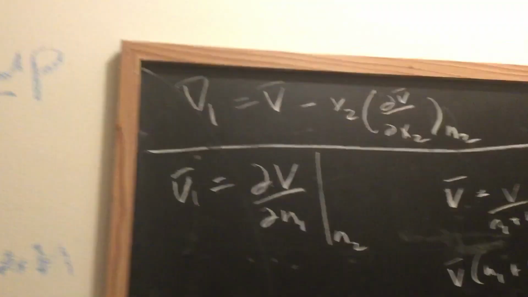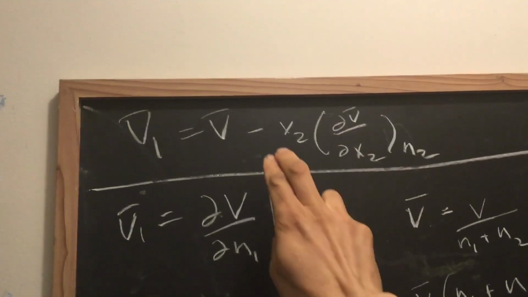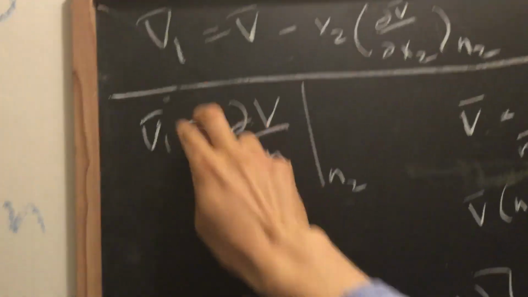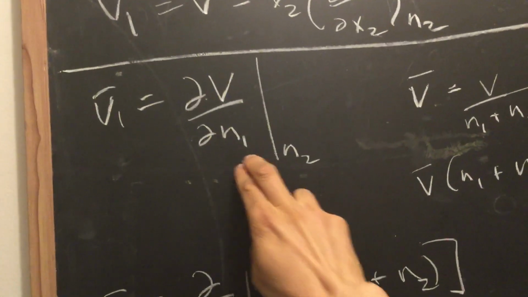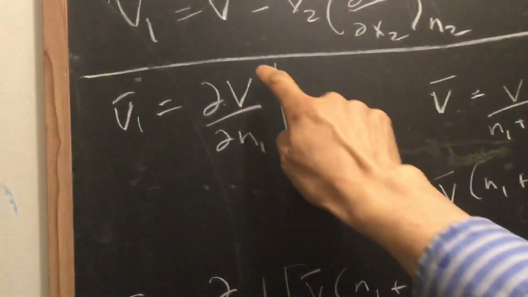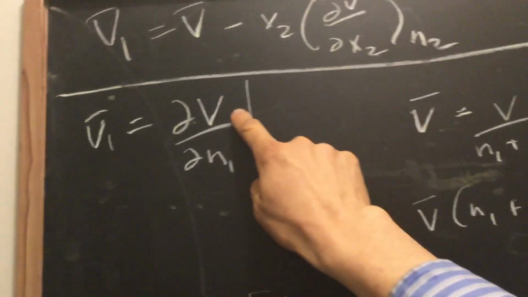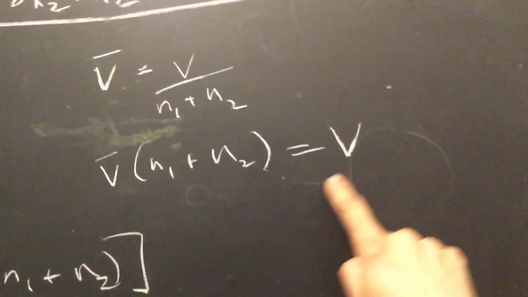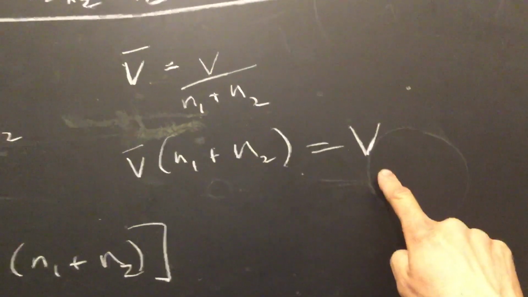So we are trying to find this target. This is our target. And we know that the meaning of V1 bar is dV dN1 at constant N2. There's no bar on the dV, right? The hint was to solve this for V. So we solved it for V, right? And then